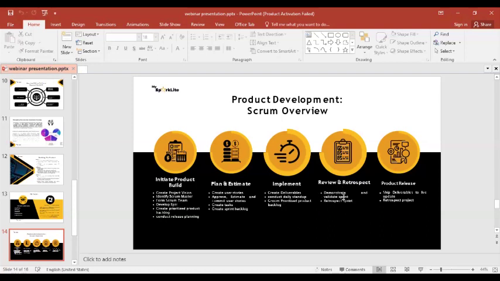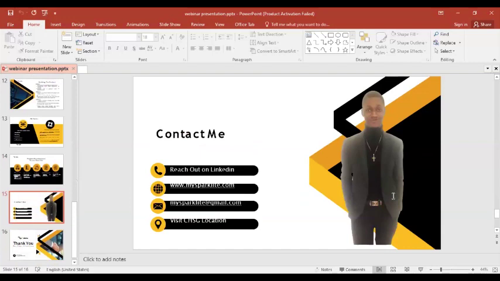What that one means is that it's like the minimum criteria you must meet for a particular feature to be considered shipped. For a feature to be considered shipped, they expect that you must meet a minimum criteria for it to be acceptable. If that minimum criteria is not met, it will not be accepted. Then you now have the product release. Product release is when you now launch this product in the market and then people start using it and you collect feedback based on their usage and their experience on the platform.